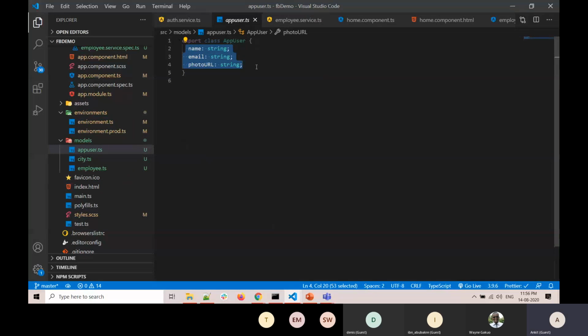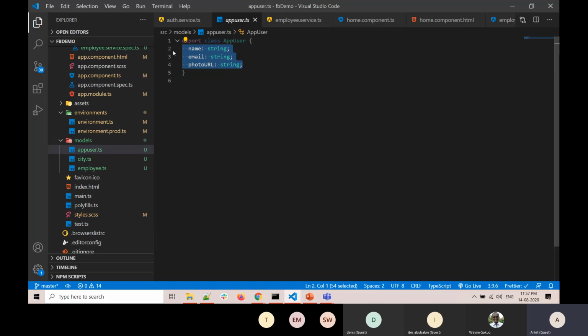So I will give you a little bit of background. Once we add a user, we are going to store the name, email ID, and the photo URL which he has set for his Gmail account in our application. So once a user logs in with a Google account, Google will provide this data to us via the auth service which we'll be using now. I will be showing you how that works in a minute, and then we are storing this in our database.